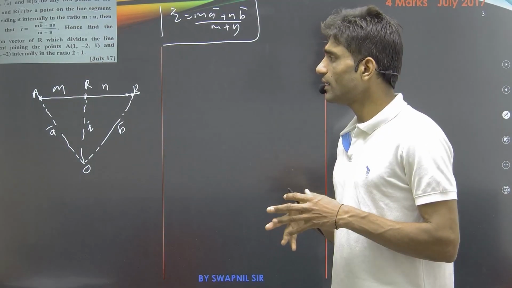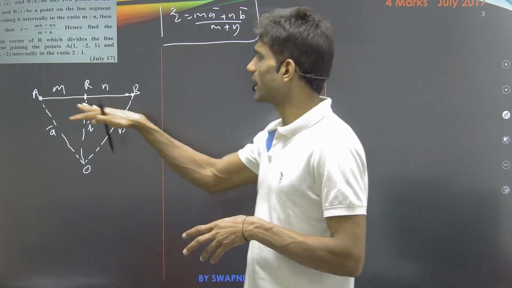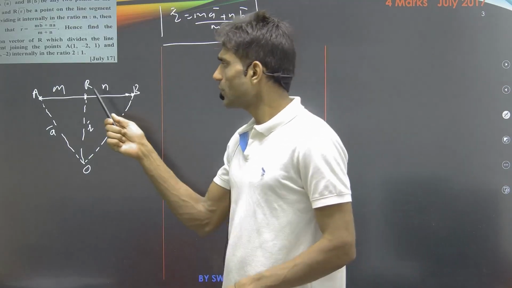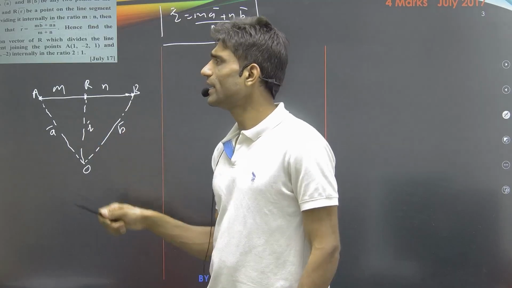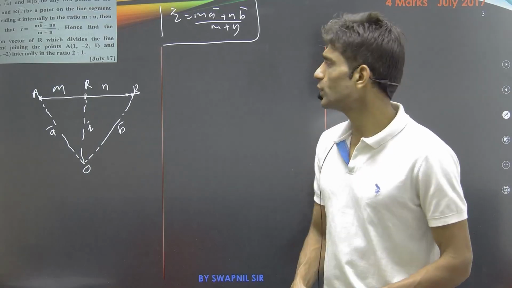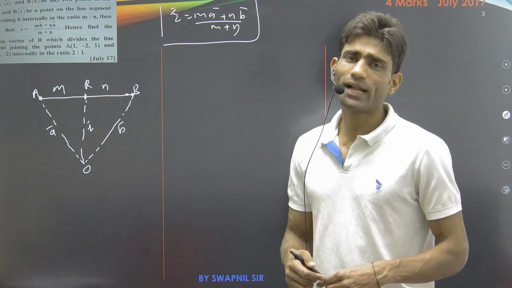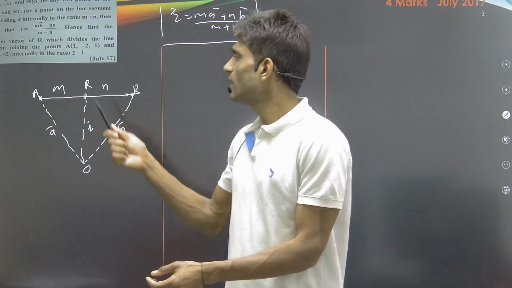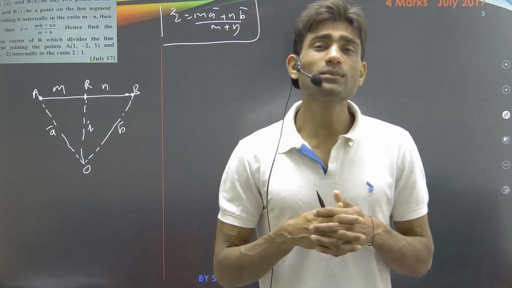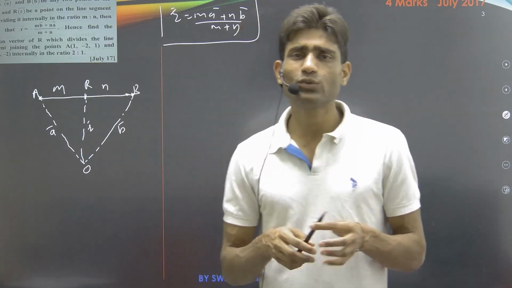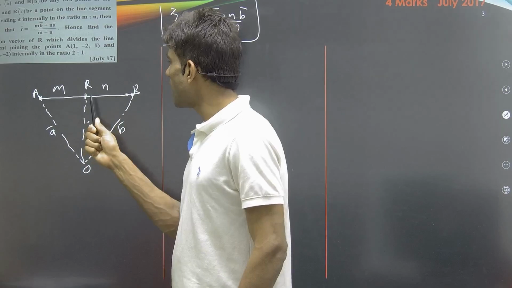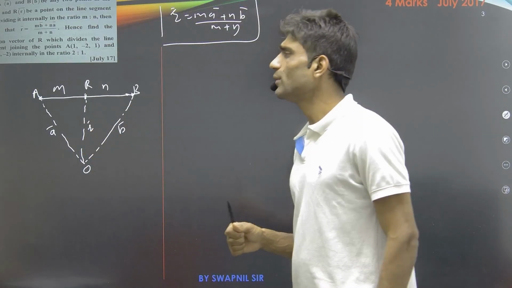Now here we can see in our triangle we have only a single line, so we are going to consider our proof with that line itself. Now we can see that line segment AB is divided by the third point R internally in the ratio m is to n. And now we know that if it is dividing our line segment AB internally, there always exists some ratio between these two line segments. Now we can see here the ratio of point A to R and R to B, so we can write m divided by n.